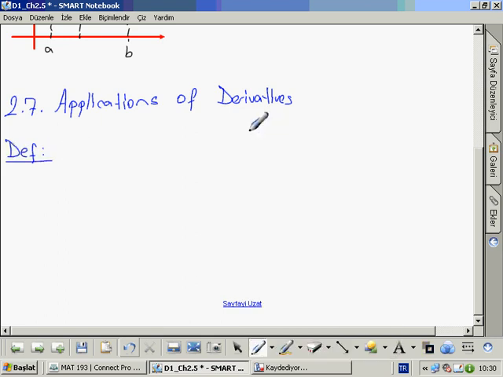Definition: instantaneous velocity is the derivative